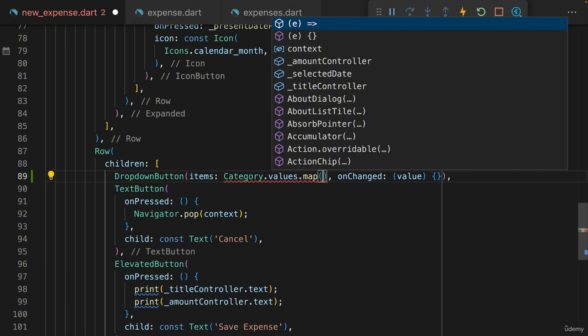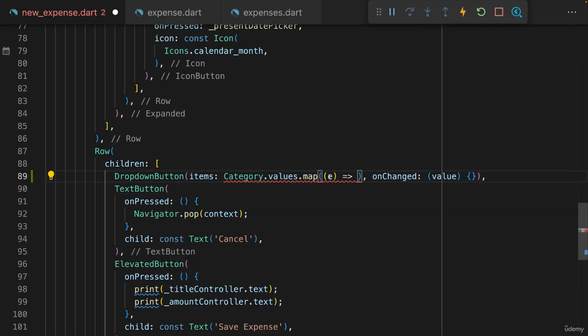Now map, as you learned before in the course, wants a function which will be executed automatically by Dart for every list item. And we will get the list item for which the function is currently executed as an input value automatically passed in by Dart. So here it will be a single category since this function will be invoked for all the category items. And we want to